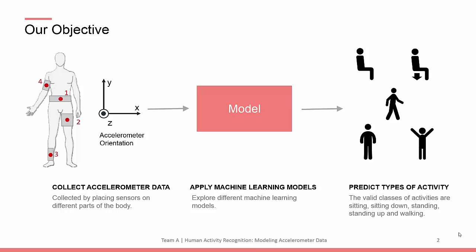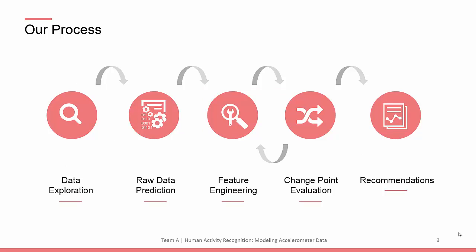The primary objective of this analysis is to produce and recommend a model capable of classifying movement types, given a specific set of temporal accelerometer data representing 3-axis acceleration measurements. Following initial exploration of the data, our analysis attempts to predict classifications using the original data in its raw form. We then enter an iterative process of feature engineering and change point evaluation, further improving our model performance before coming